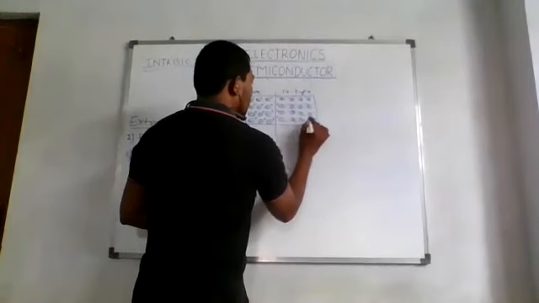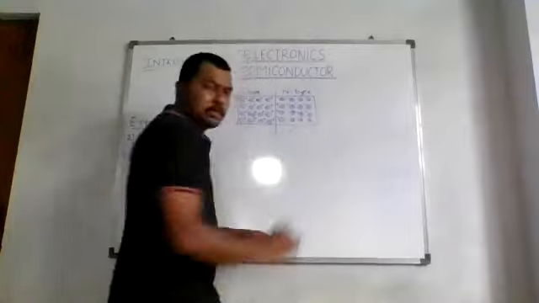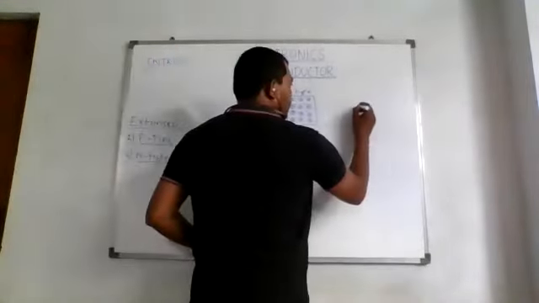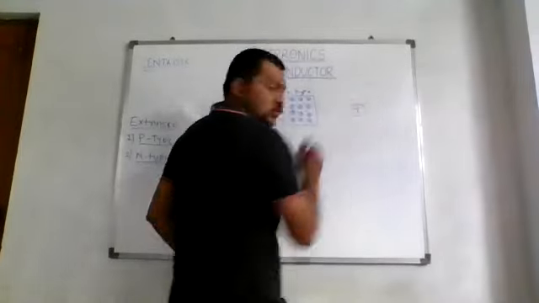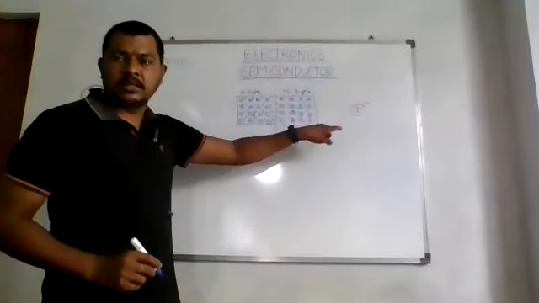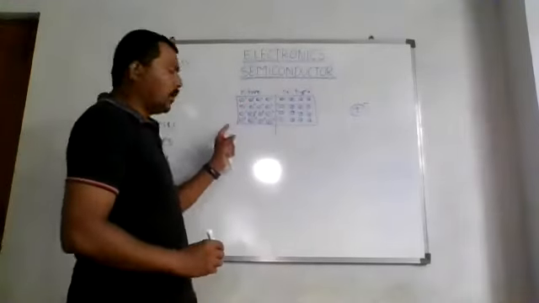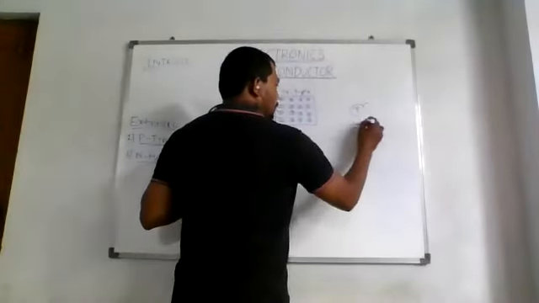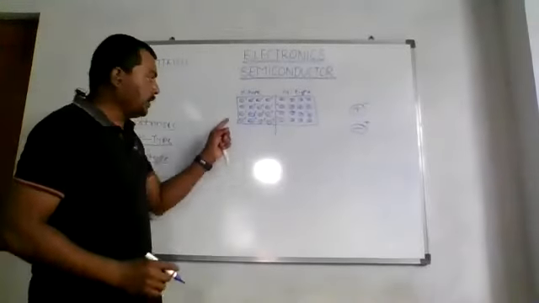So you have to understand that this is an N type of semiconductor. In this portion, I have drawn a symbol like this, positive with a negative charge. This is readable. And in this portion, I have drawn a negative ion with a positive charge. That is the whole, right?